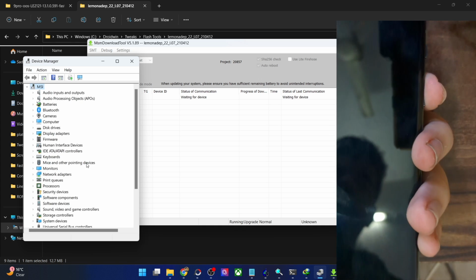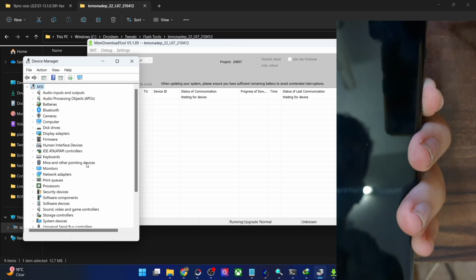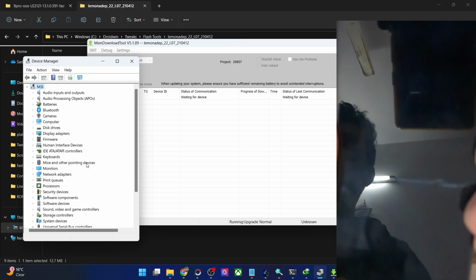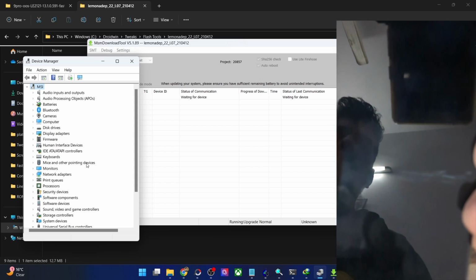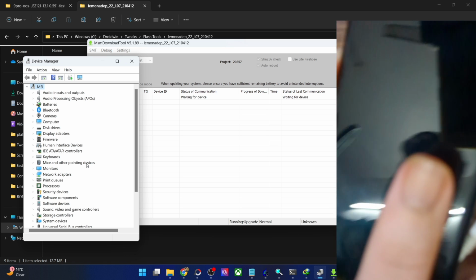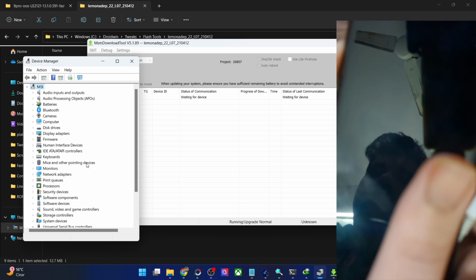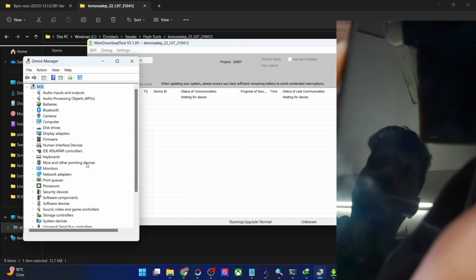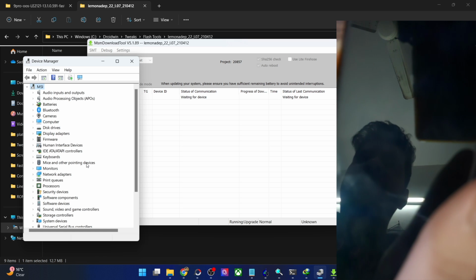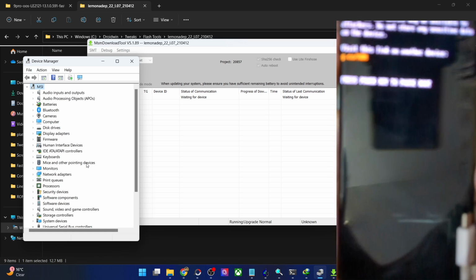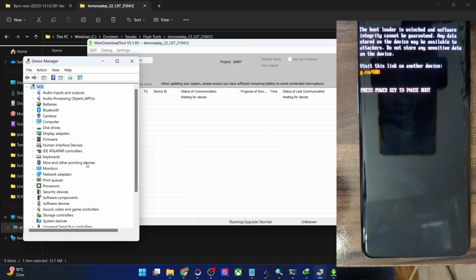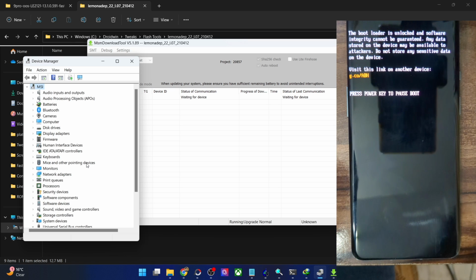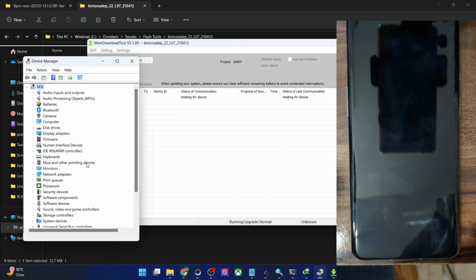Simply unplug your phone and long press the power key for around 15 seconds. If that does not respond, then you will have to long press the power and volume up keys for around 15 seconds, and then your phone might show some sign of activity. So as of now, I'm holding the volume up and power keys for around 15 seconds. This will try to exit the EDL mode. As you could see, we are now out of the EDL mode and our phone will try to boot to the OS. It will fail, and we will then once again try to flash the unbrick firmware using the MSM tool.